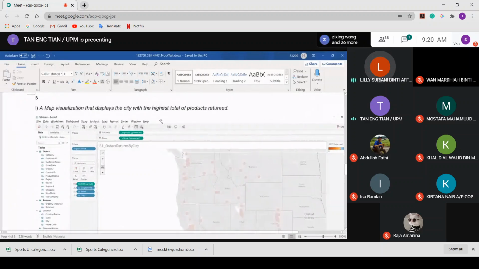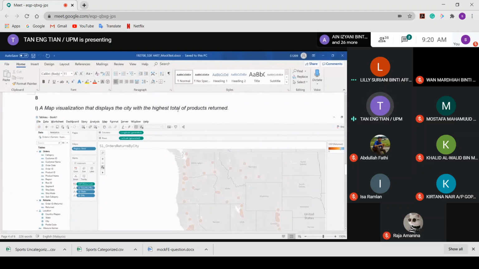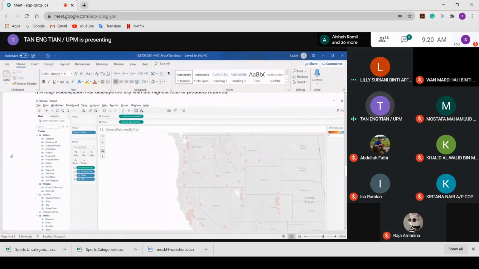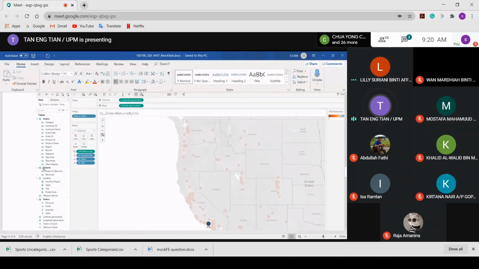Okay, that's fine. So the first question is to do a map visualization that displays the city with the highest total of product return. Firstly, I will do the hierarchy for the locations. I drag the country, state, city, and the postal code together as a location. Then the second step, I drag the return to the color, and change it to the measure count. You will see that CNT means the count for the return. And then I will drag the